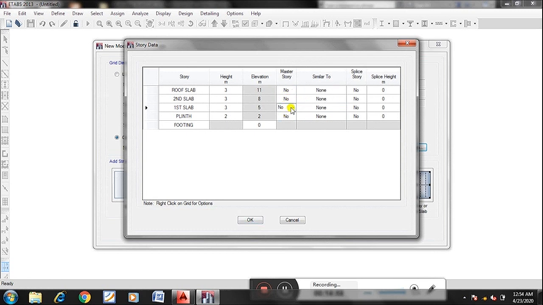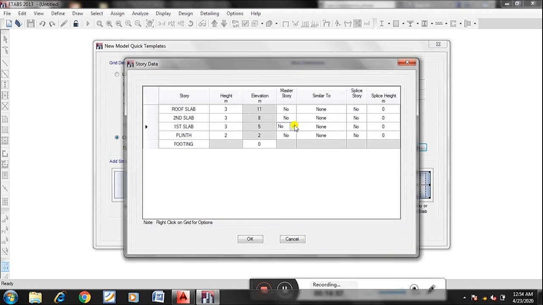So first slab has master story, right? Second slab is the same as the first slab, so that you can copy the same parameters while modeling. And it is none.